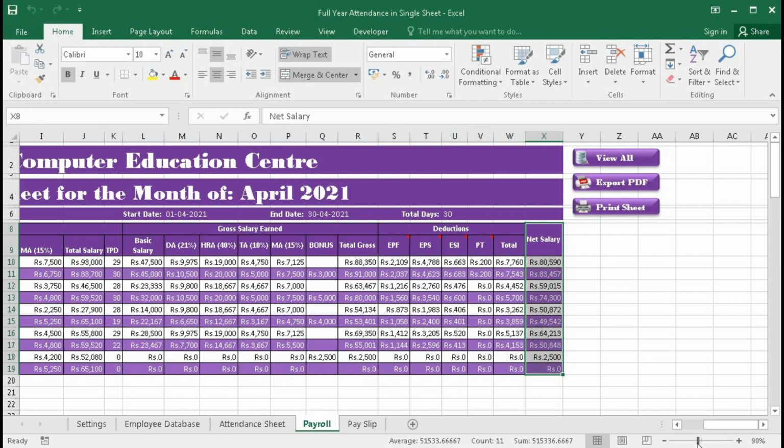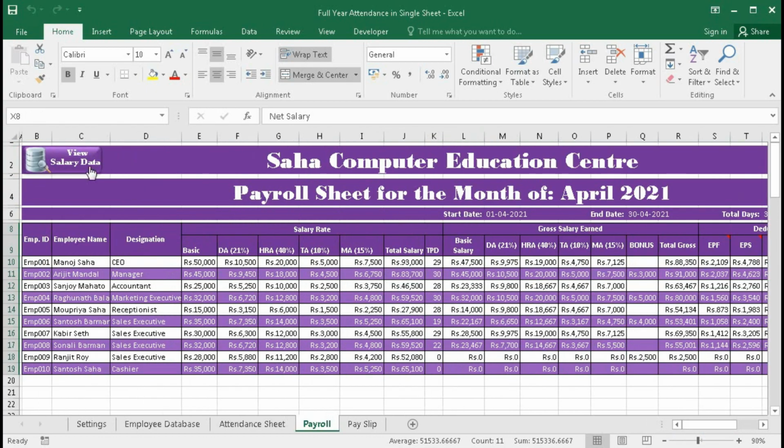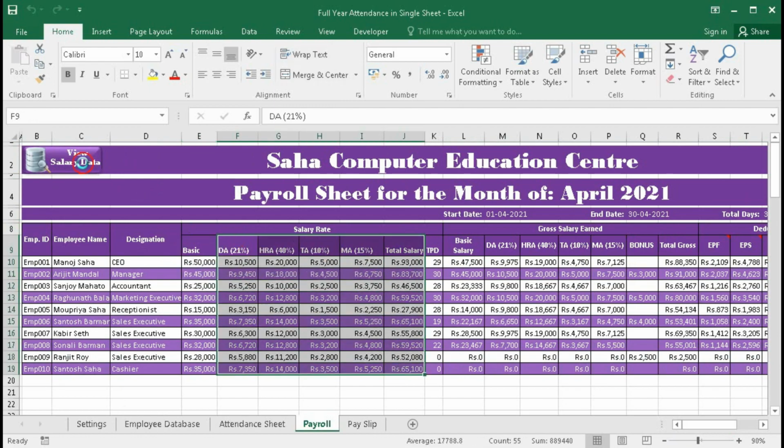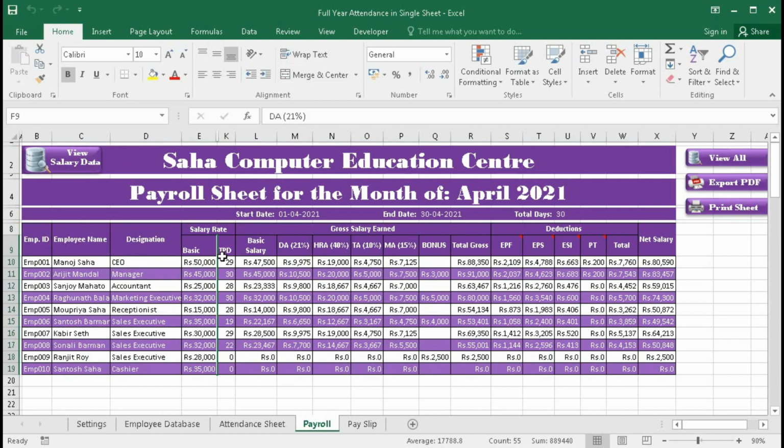But when I click on view salary data, these columns will be hidden and you can see the salary data.